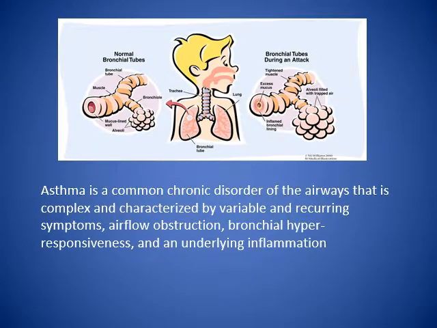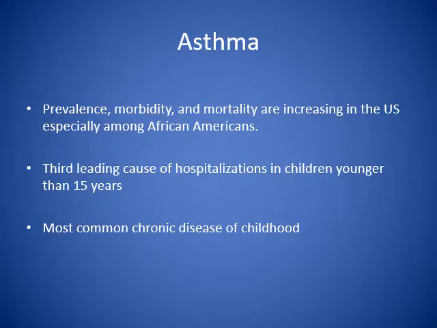So asthma is the number one, or one of the leading causes of chronic disorders of the airways in children. It's complex, characterized by variable and recurring symptoms, airflow obstruction, bronchial hyperresponsiveness, and underlying inflammation of the airways. The prevalence, morbidity, and mortality are increasing in the United States, especially among African Americans. It's the third leading cause of hospitalization in children younger than 15 years of life. Most common chronic disease of childhood,